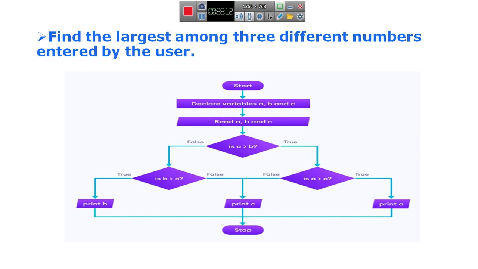So it requires three variables, A comma B comma C. So read A, B and C is the input symbol to read three numbers, and then out of these three,